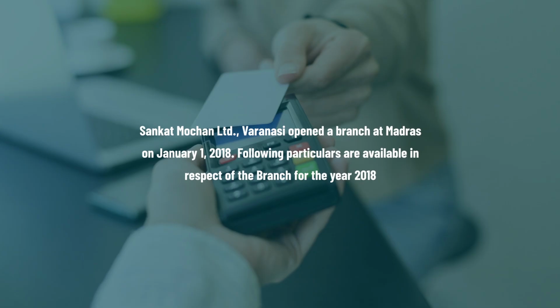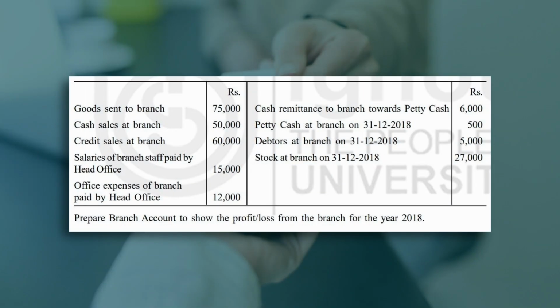The information provided is: goods sent to branch 75,000, cash sales at branch 50,000, credit sales 60,000. This credit sales figure belongs to the debtors, because when we make a credit sale, we generally